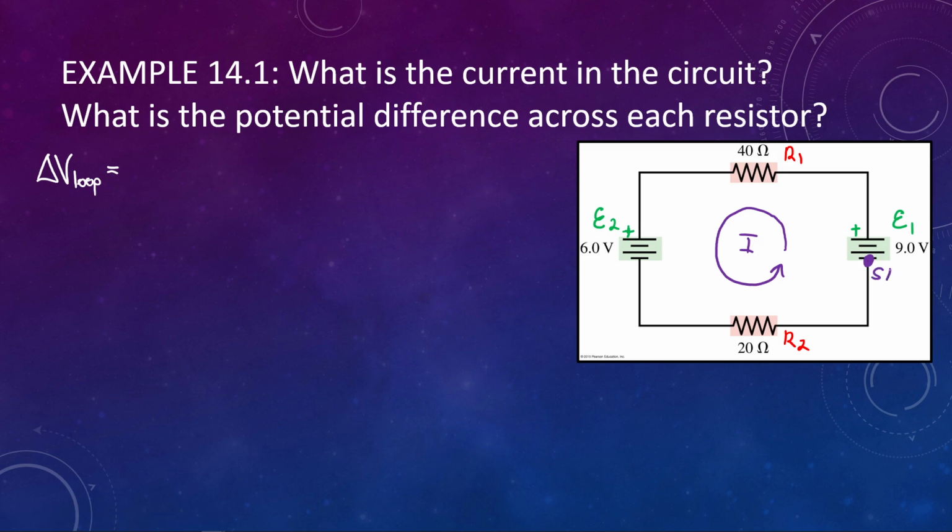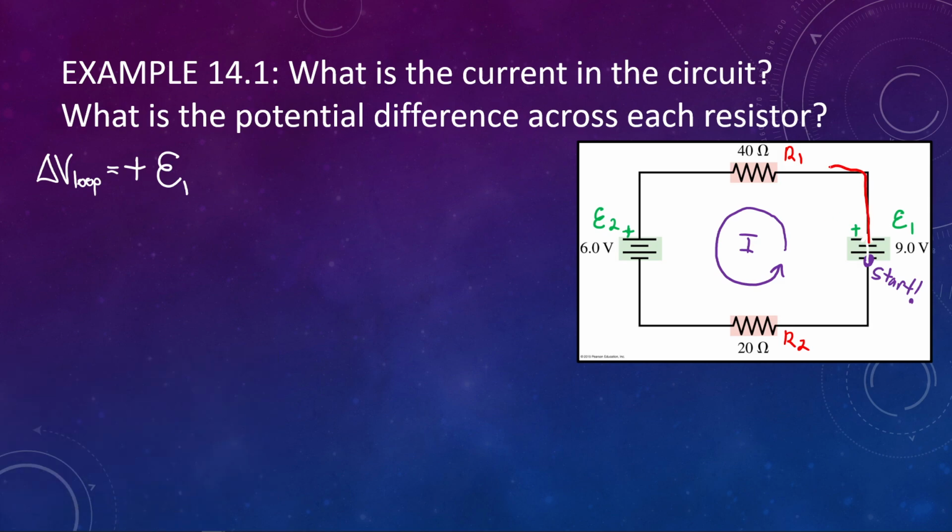So I'll even label this as start here. Okay, and then follow the current around the circuit. So we are moving up the charge escalator of epsilon 1. So that is going to be a positive potential difference, or EMF of the battery, right? It's lifting our charges up to a higher potential, so it is a positive value. We then